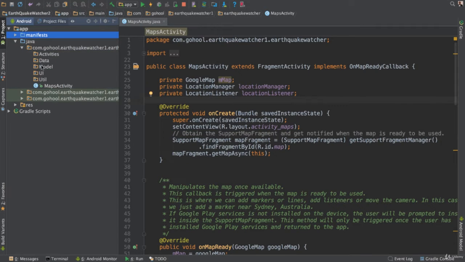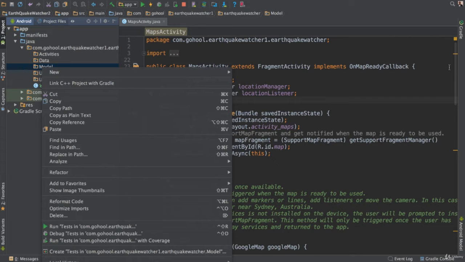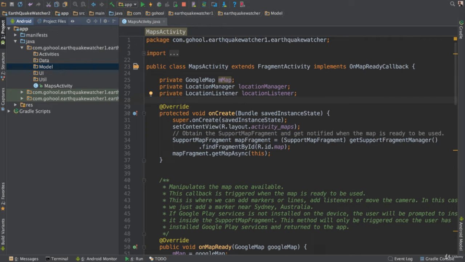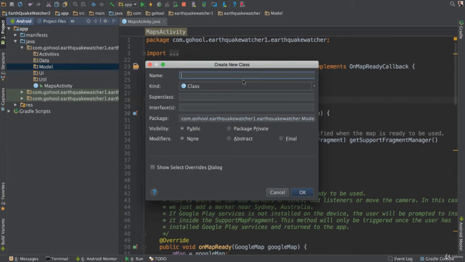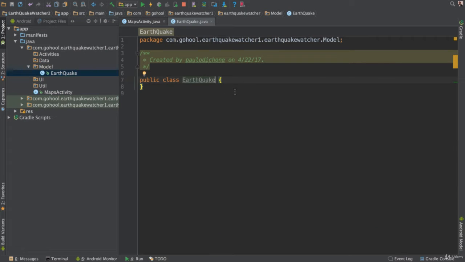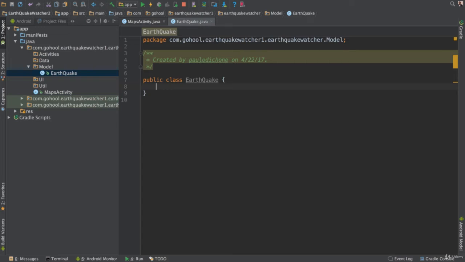Inside of our model, we're going to create a class. This class is going to be the Earthquake class. So on model, right click, Java class. We're going to call this Earthquake. This will represent an instance of an earthquake. An earthquake has a place where it occurred. So we're going to say private